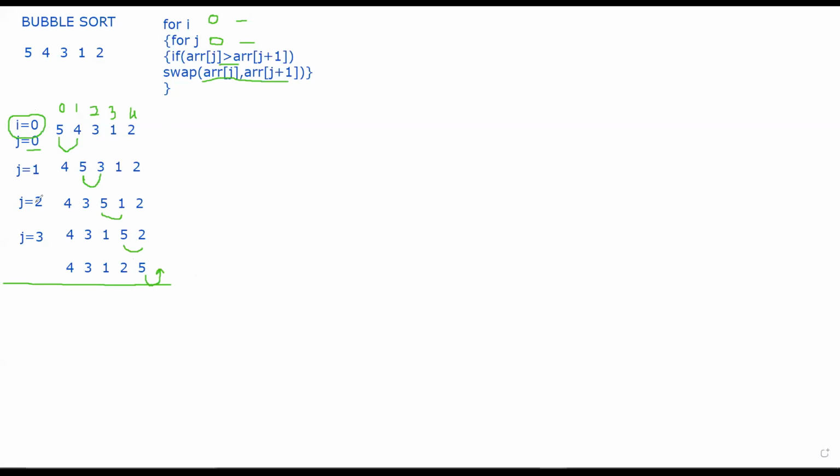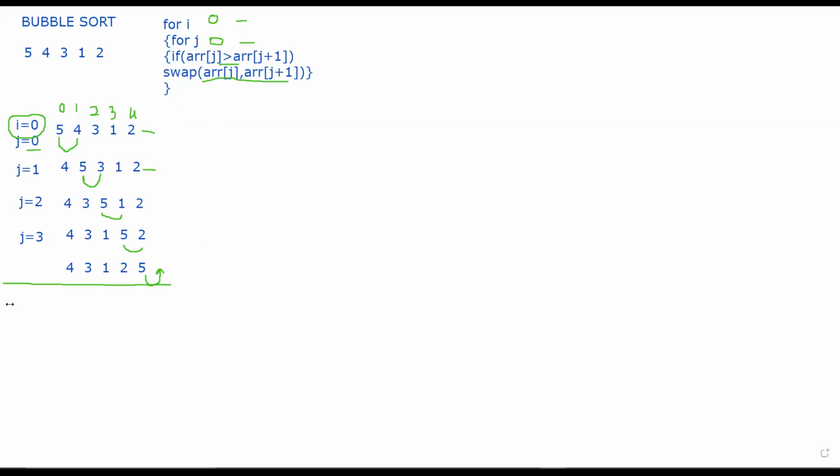These iterations, what I am doing, each line is called a pass. This whole thing is my i equal to 0 pass, and each of these I will call j equal to 0 pass, j1 pass, j2 pass. So if the interviewer asks you, remember this, it is called a pass. Okay, then let's go further.